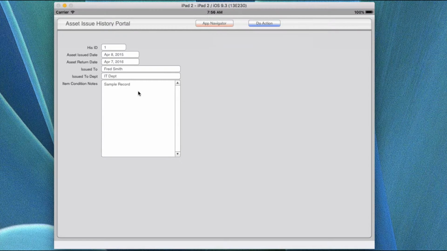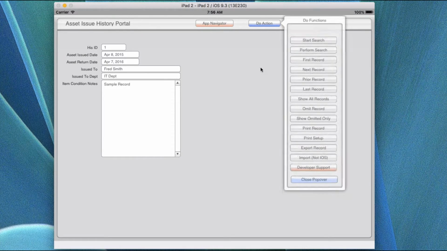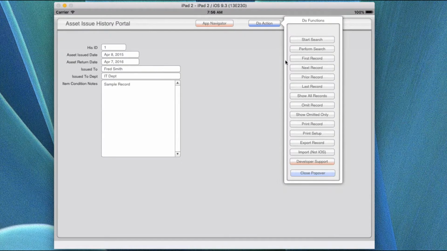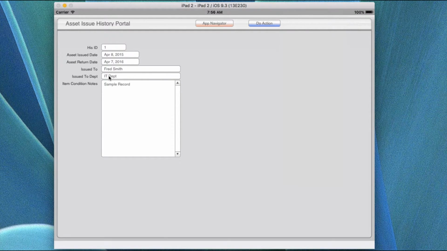Now as I pointed out in previous videos, you can do a find in here, a search that we did over here. These are portal records. You cannot do a search on the main screen, which is the asset management screen, because you can't search within a portal on the main screen. But you can go in here and do a search for items within this area for these fields that are in here based on where this asset has been distributed or its issue history,